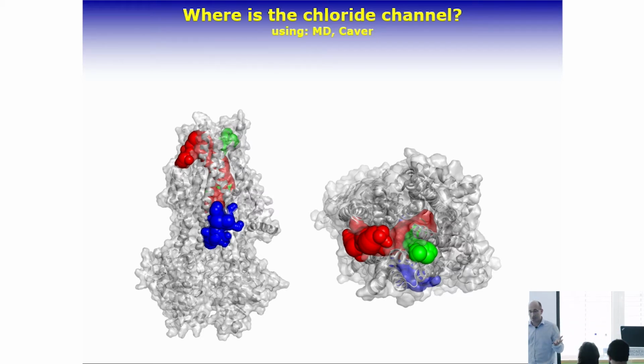If there is no channel, what can we do? We perform molecular dynamics simulations, and we hope that we can observe openings. We perform 6 simulations, and we could observe opening in one of them. But as you see, here is the transmembrane domain, and most of the extracellular openings are not in the extracellular region, but in the membrane region, which means that these openings cannot happen in reality, since the chloride cannot enter the hydrophobic layer of the membrane.